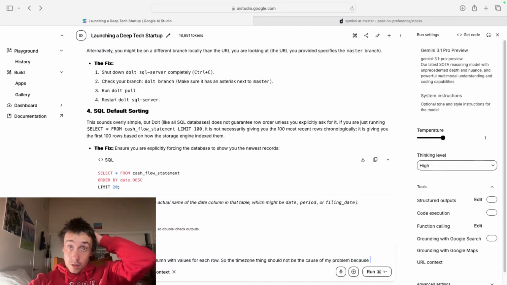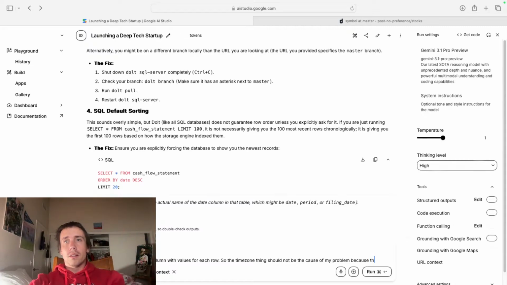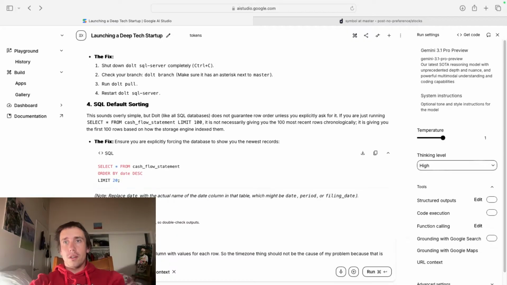So the time zone thing should not be the cause of my problem because that is just a data value and not derived from